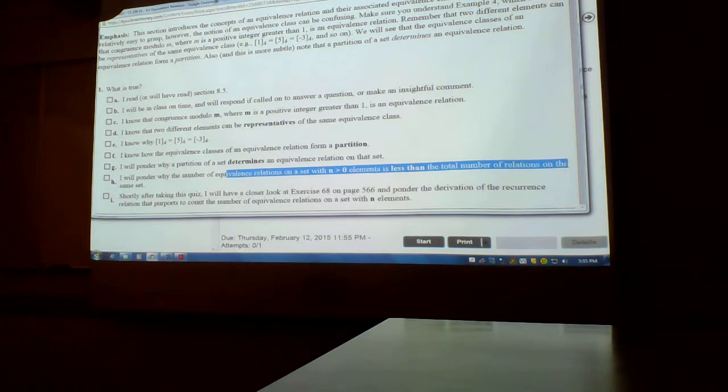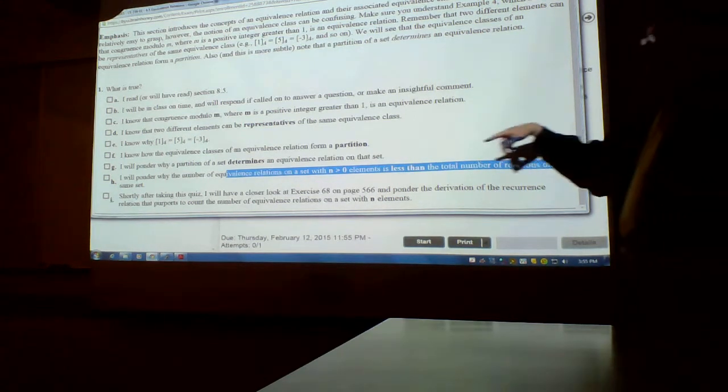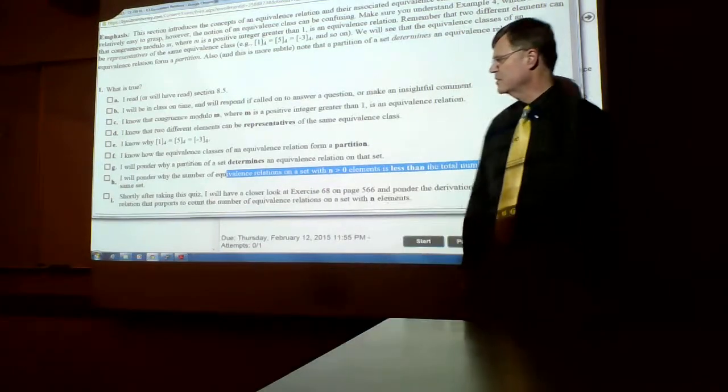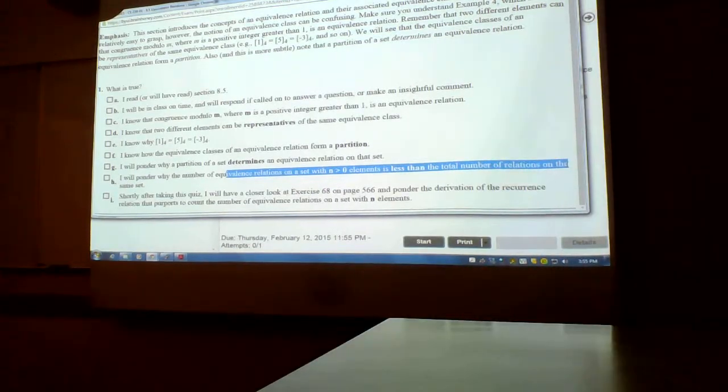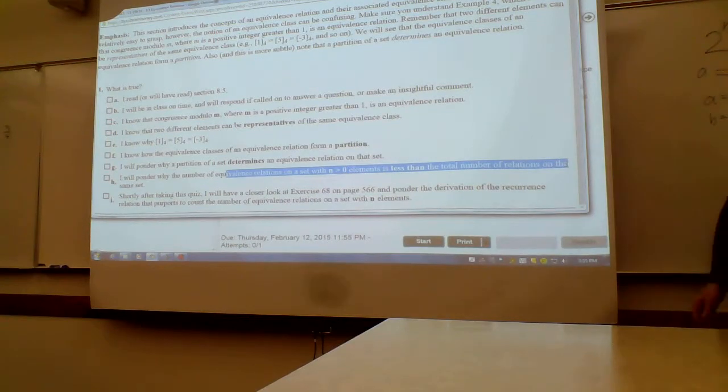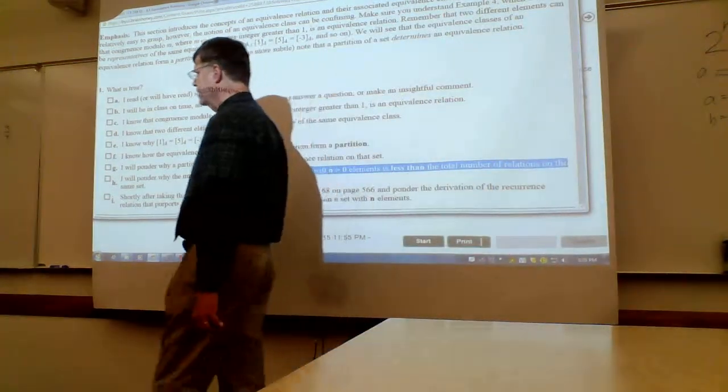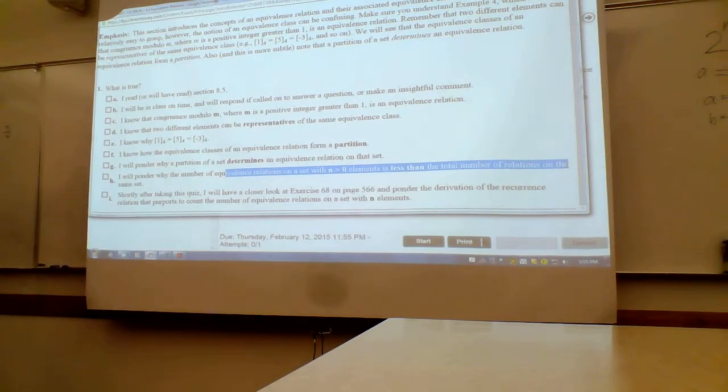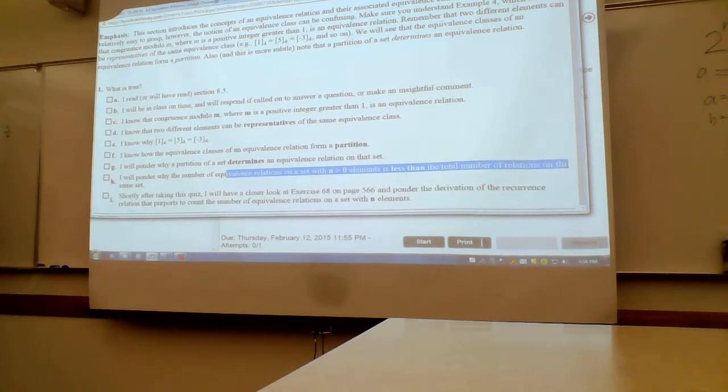So you're saying it's somewhere between 0 and the number of total relations on a set with n elements, which we saw was 2 to the n squared. But how you compute this number, the number of equivalence relations on a set with n elements, is the question. We'll investigate that next time and kind of wrap up the discussion of equivalence relations.